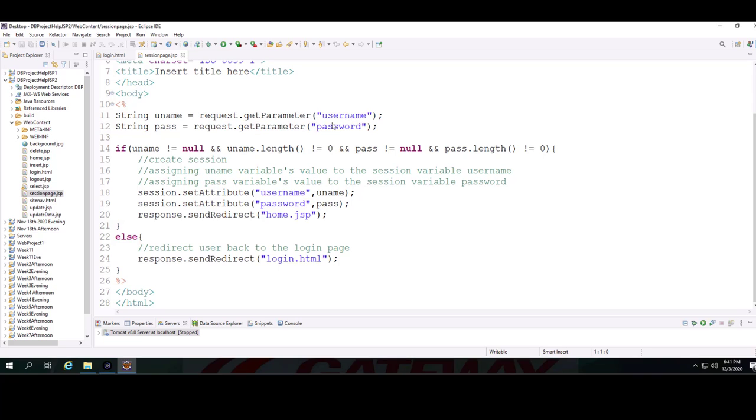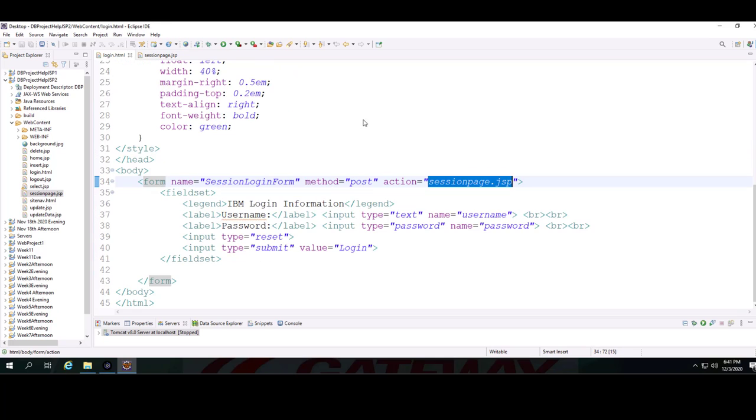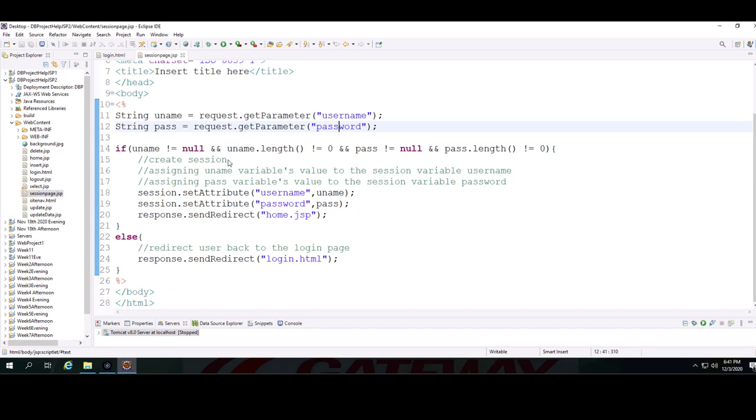I'm pulling the values from the username and password parameters, which were my form elements. That's how JSP can read a form element. After that, I make sure that they're not null, their length is not 0, and now I'm adding them to the session attributes using session.setAttribute. So I'm adding uname into the username attribute and pass into the password attribute, and then I am redirecting